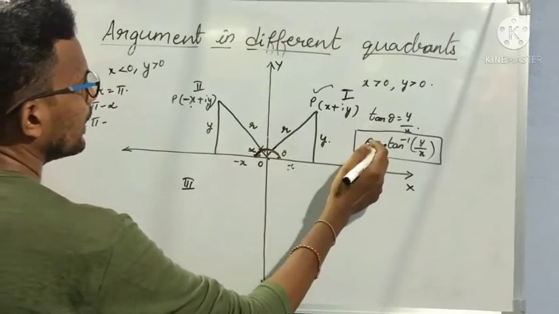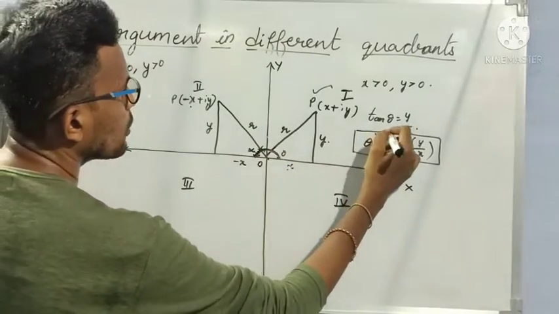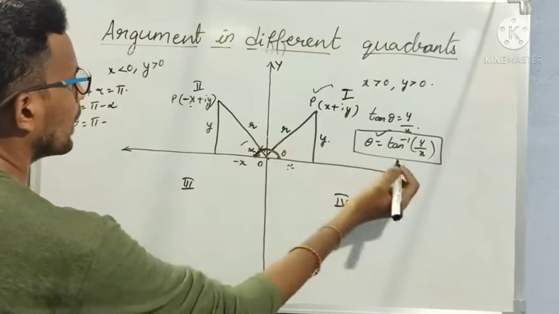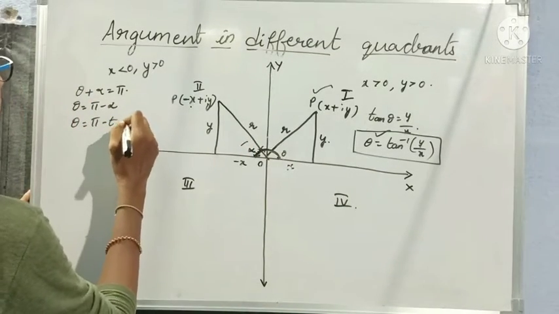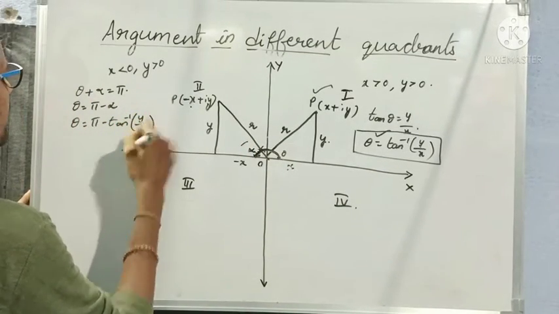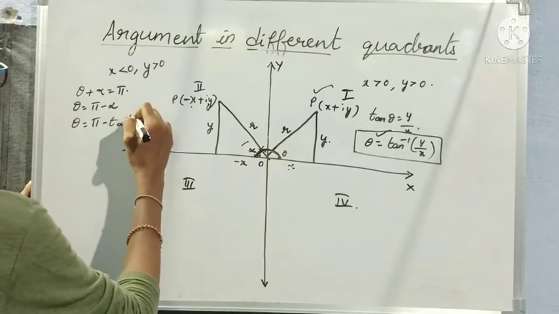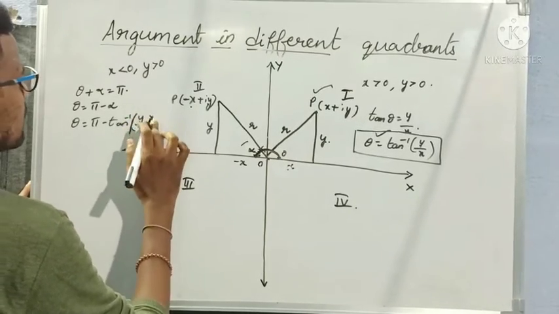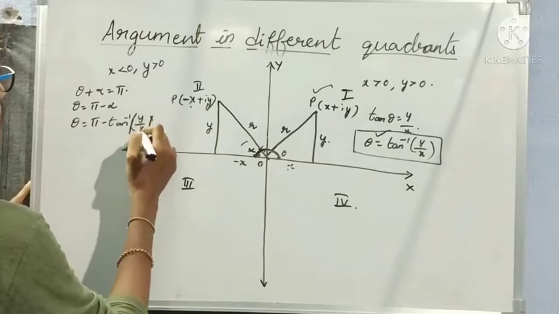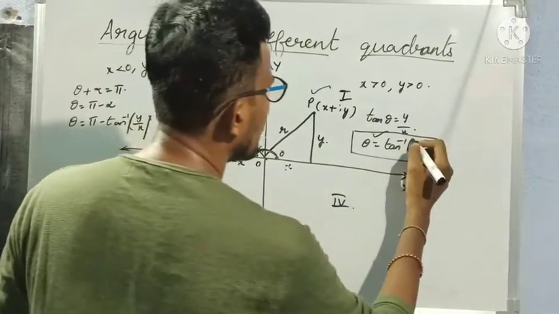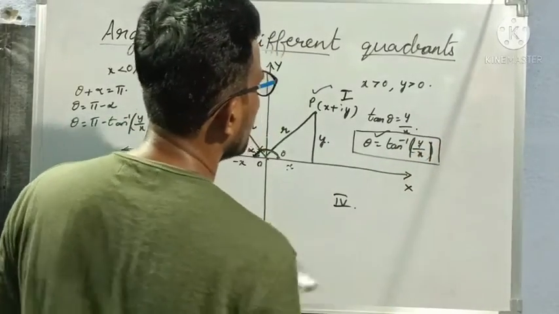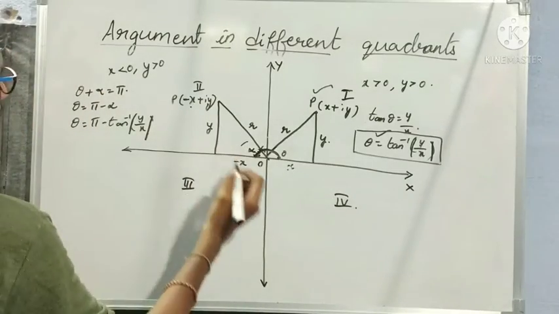Theta in the first quadrant is the alpha in the second quadrant. So alpha is tan inverse of y by x. Understood? Since there is a chance of negative values also, we should take the modulus of y by x. Here also whenever we are taking, we should take modulus of y by x. This is about the second quadrant.